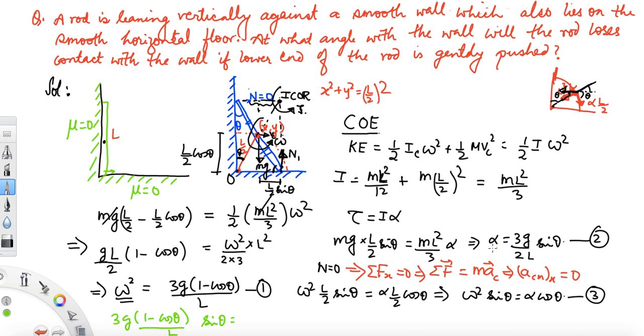Now I'm plugging the value of alpha from equation 2 into equation 3, that is 3g over 2L sine theta times cos theta. So we have 3g gets cancelled, L gets cancelled, sine theta also gets cancelled. We have 1 minus cos theta